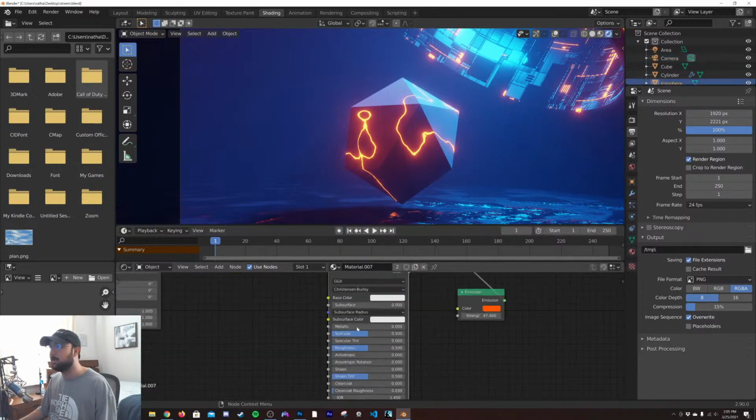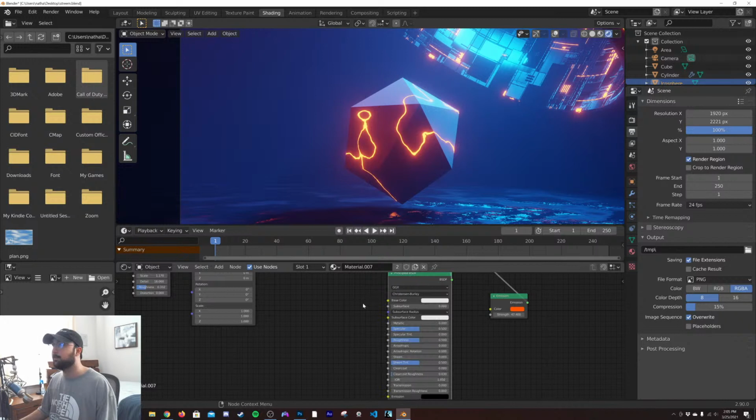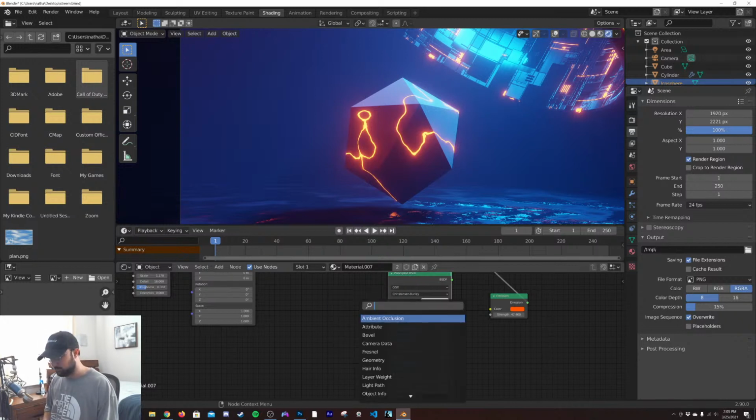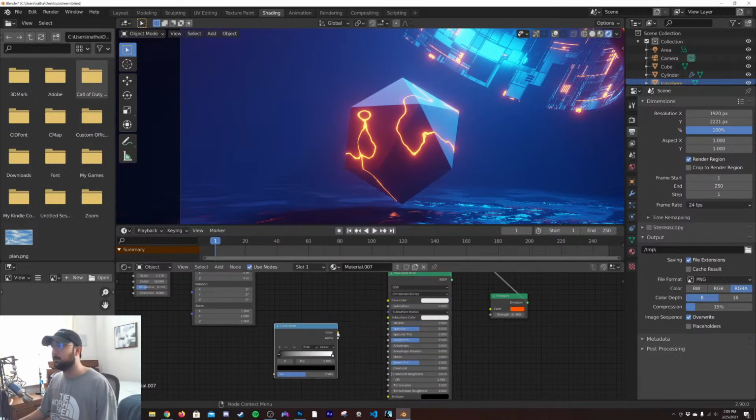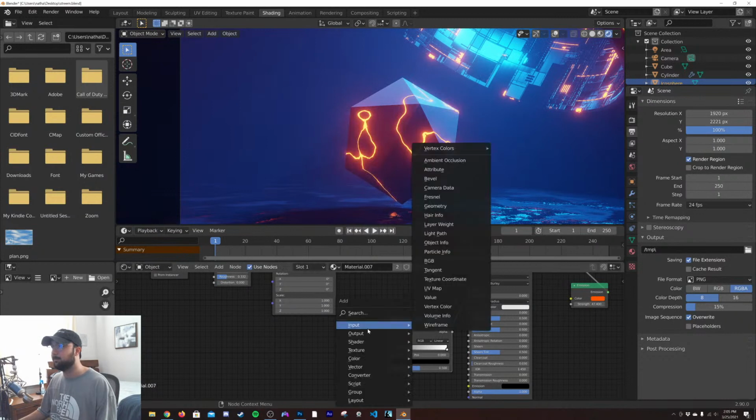Let's go ahead and make this thing look cool and kind of techy. Let's see. I'm not going to add JS placement on this. I can actually make that myself. Color ramp. Plug it into the base color just to visualize what we're doing here.